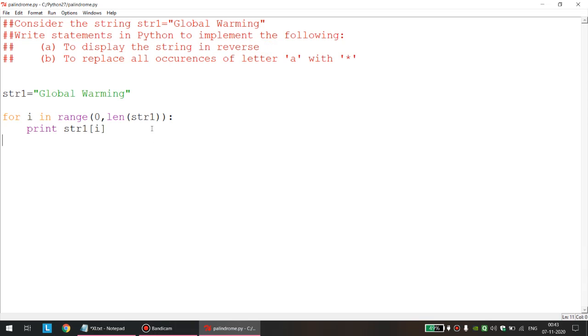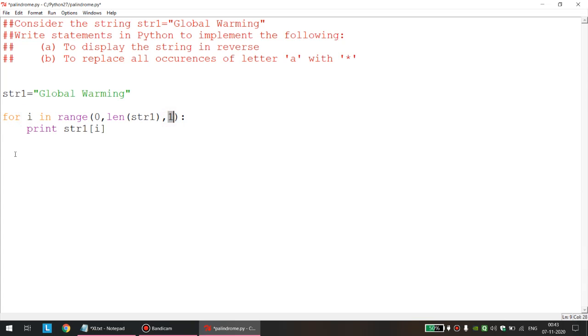If you remember the syntax that I explained in the live class, there is one more hidden argument which we are not using, that is 1. What is the meaning of this 1? After 0, when the loop is executed the first time, we add 1, so in the next iteration the value of I will be 1.